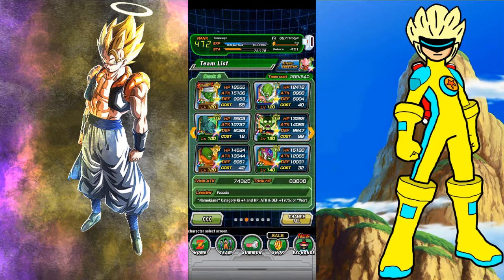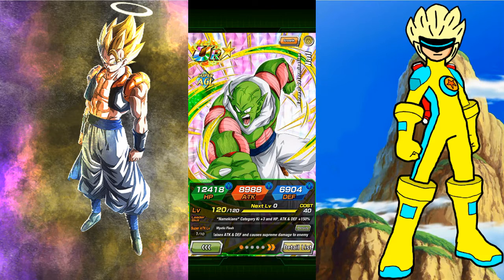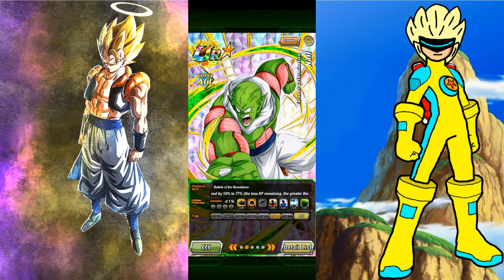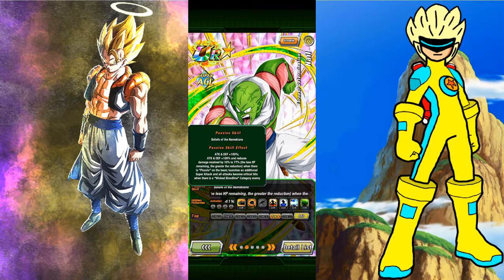Aside from that, we also have the Agility Nail. His super attack raises attack and defense and causes supreme damage to the enemy. Fantastic. And he gains an attack and defense plus 100%, and an additional attack and defense plus 100%, and reduces damage received by 10% up to 77%. Yet again, HP conditional. With the greater health you have left, the more of a reduction you'll have